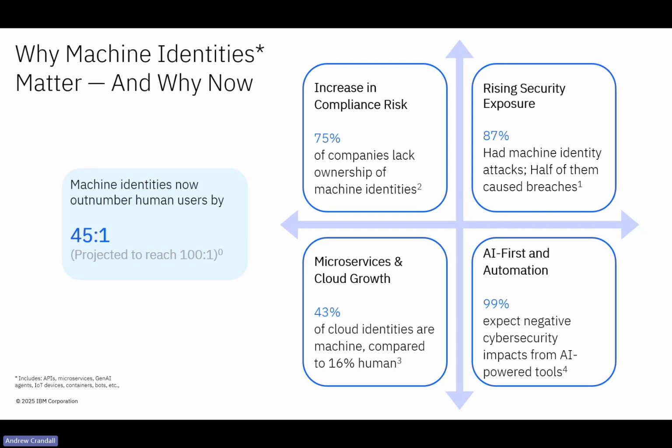Then we evolved into the modern cloud age, where now we're talking about infrastructure as code and deploying more ephemeral types of credentials. And with this, we saw an explosion of machine identities in order to be able to run automation, right? I really think that we're entering the third age of identity, which is really focused on agentic AI and